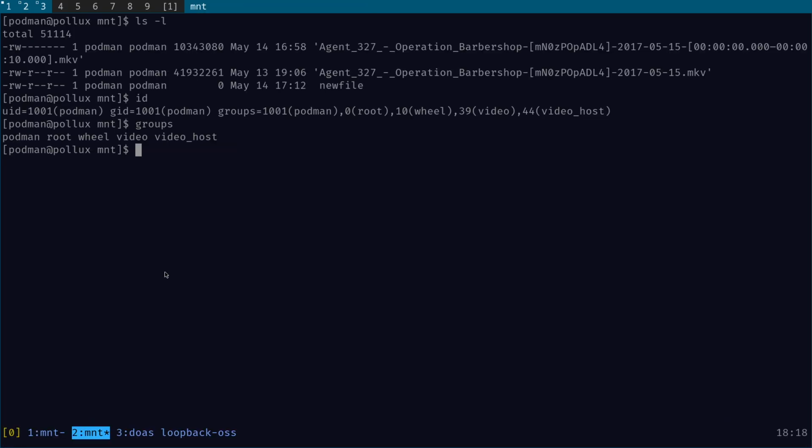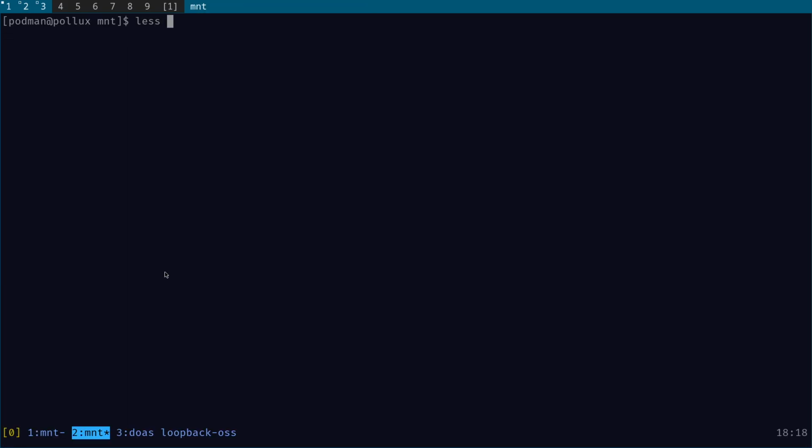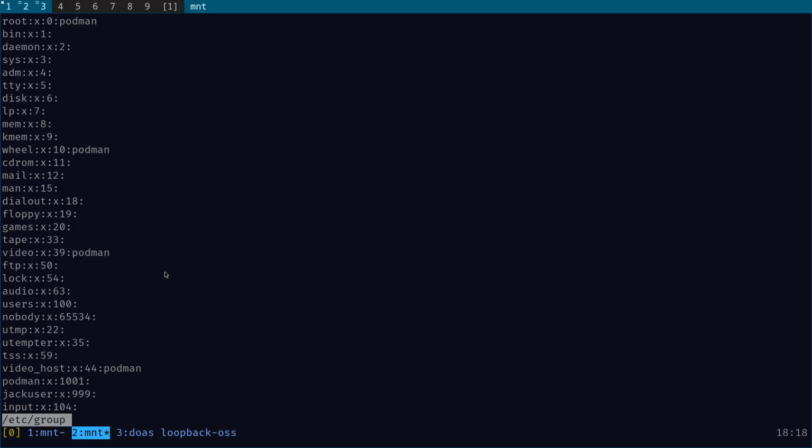So if I switch back to the Podman container, groups, less groups, you see what I am. I'm root. Podman is in the root group, in wheel, it's in video, which is listed 39 here, and then we've got this video host. So what happens is on FreeBSD, the Nvidia